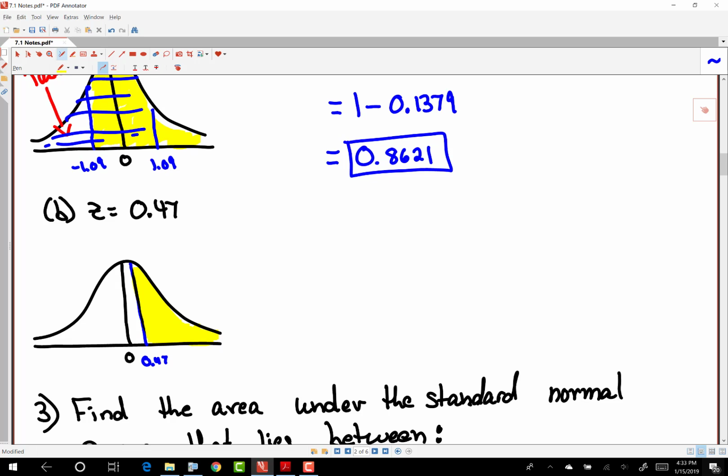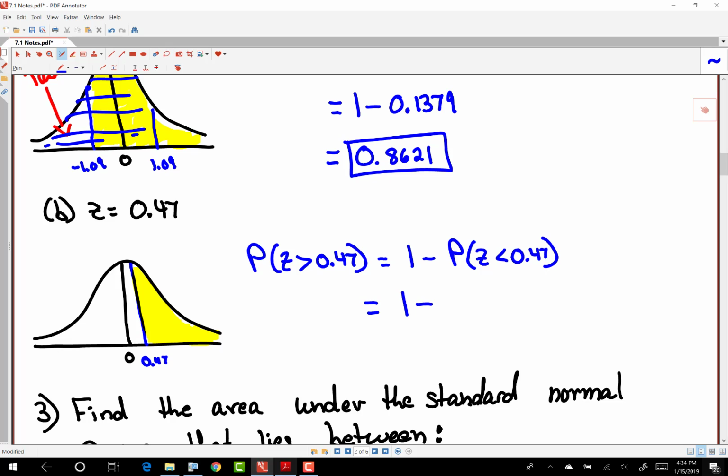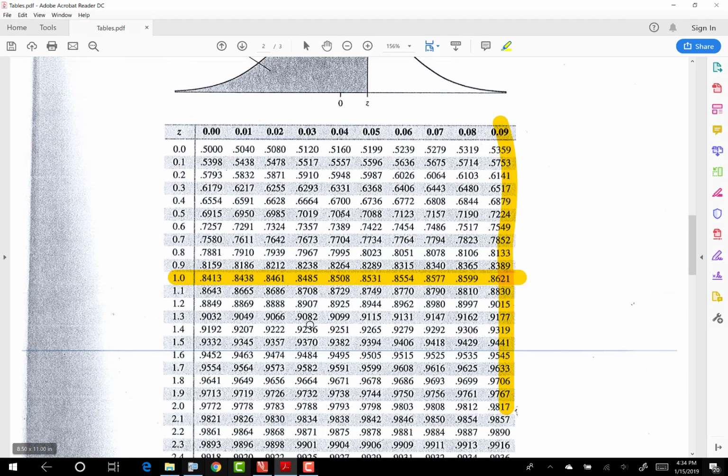And so finding this area is equivalent to finding the probability that z is greater than 0.47. And with the greater thans, we're going to do a 1 minus the probability that z is less than 0.47. And that is the value you get from the table. So if I go to the table,